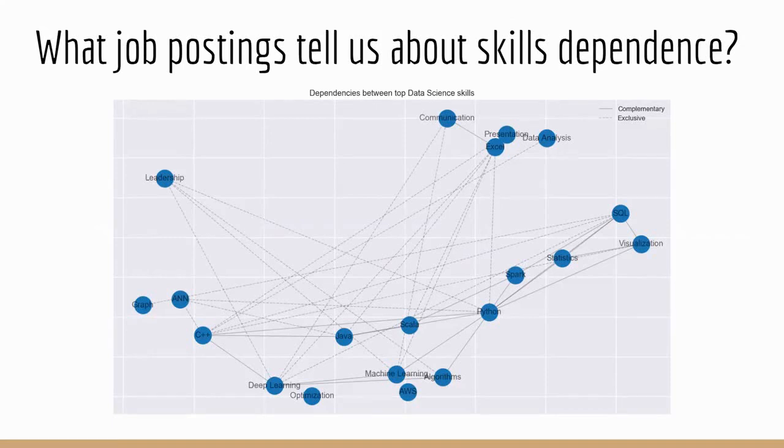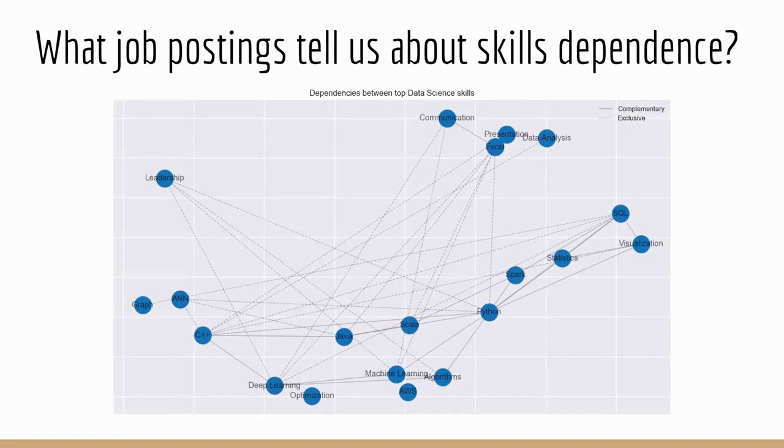If the skills are complementary, that is, appear in postings together frequently, they are connected, and with dashed lines if they are mutually exclusive, that is, they usually do not appear in the same job posting. And we've plotted it as a graph laid out in a way that we can clearly see some clusters of skills, like Python, Scala, machine learning, algorithms, deep learning, they stay together. There is a separate cluster devoted to data interpretation and delivery. Also, the part related to data analysis and engineering, and a separate cluster, just leadership, like a soft skill.